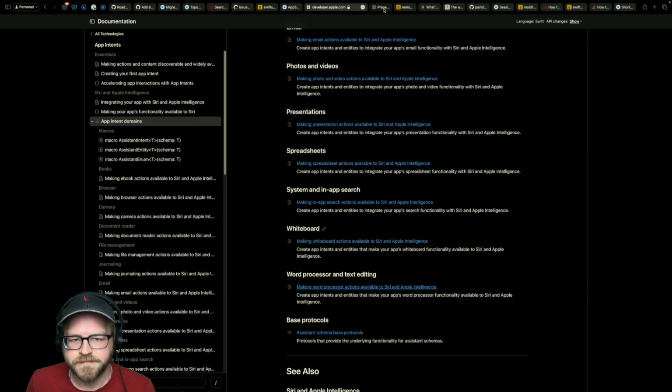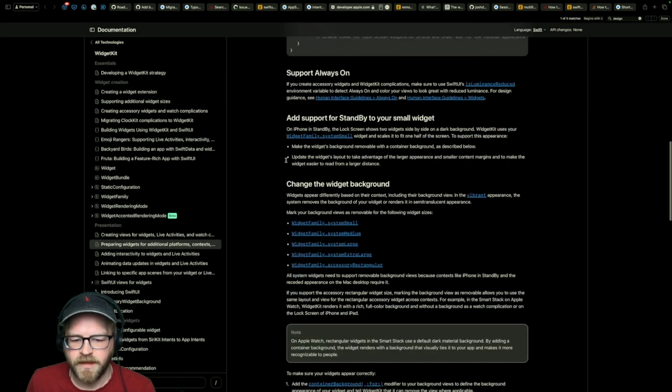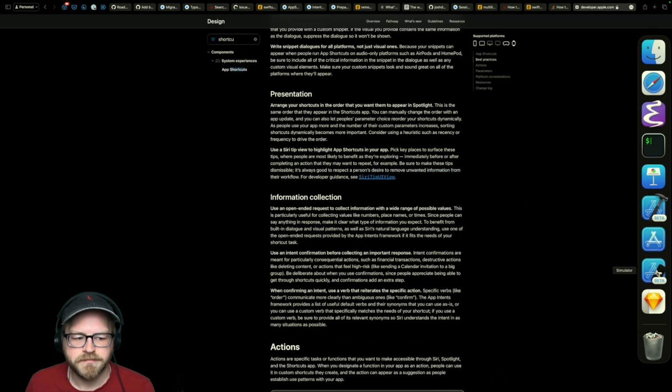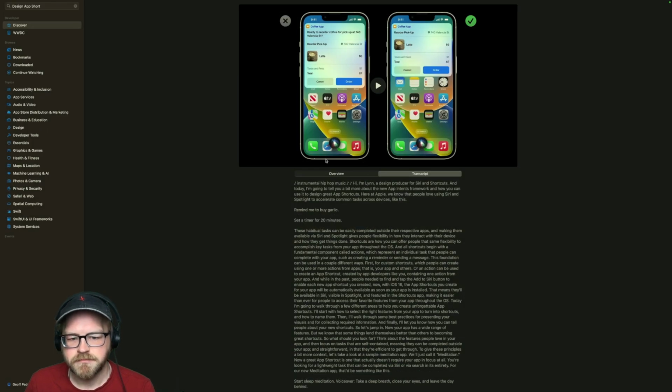Am I losing my mind? I feel like we saw a screenshot earlier that was like, here's what this would look like. Maybe it really was just in the developer app. Like here.